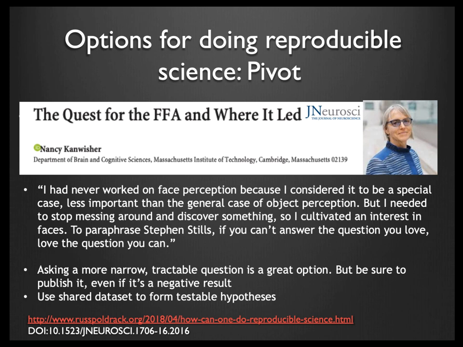But using the Kanwisher example, how are you going to find the FFA if you're not using tasks that are designed to identify a face-selective area? I mean, you're assuming that there's a shared data set for every sort of cognitive contrast. No, I'm not assuming that. I'm not saying that in every case the question that you care about is going to be available in a shared data set. But I'm saying that at the beginning of your career, think about a variety of questions. Don't come in and say, I only care about pictures of Peter Benettini in the amygdala, and that's the only thing I'm going to look at, right?